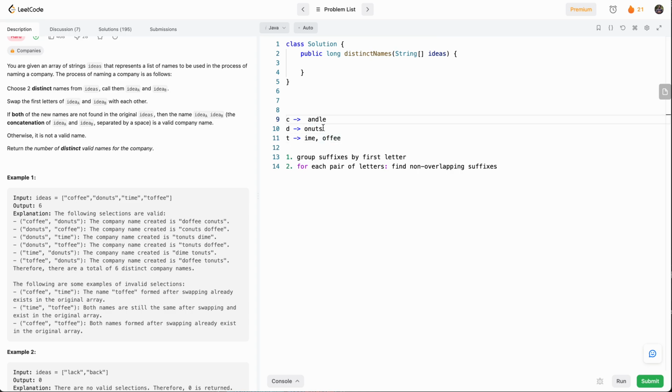We just cancel it out, right? Then we're left with these two, and then these two we can use. So candle and time can be paired, right? And then for each pair of letters, we find the non-overlapping suffixes, and our number of pairs then